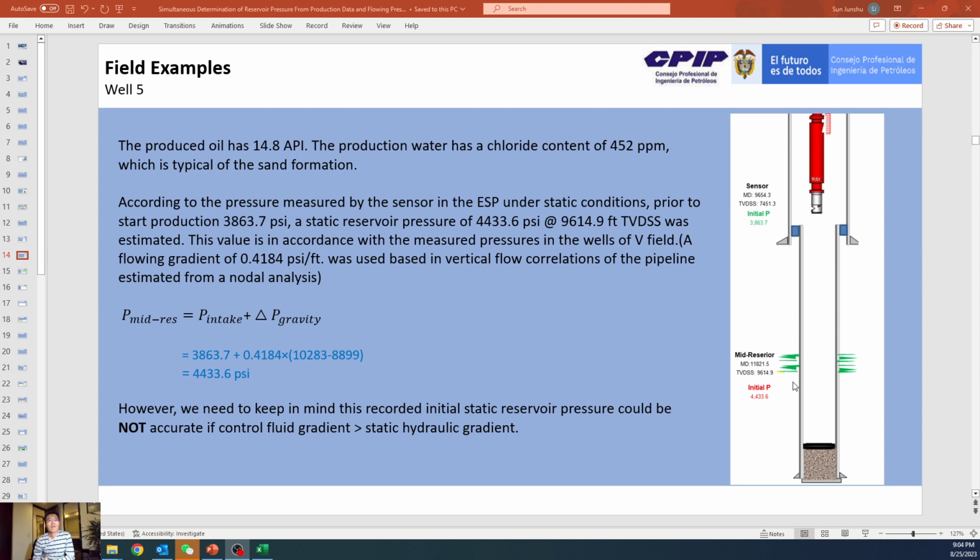The pressure in the middle reservoir equals pressure of the intake plus the delta P between sensor and the middle perforation. That is,